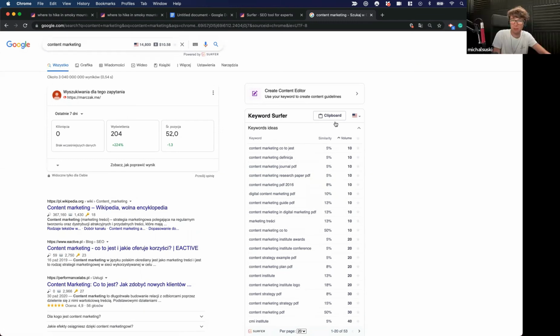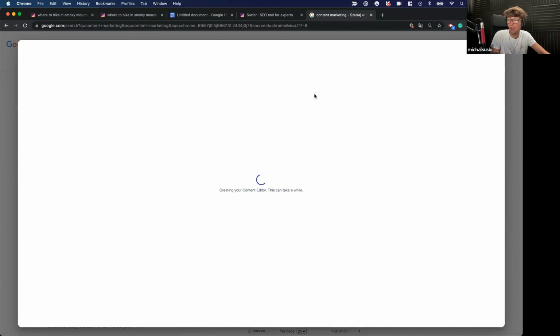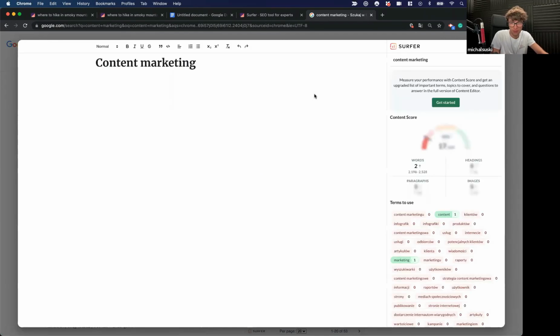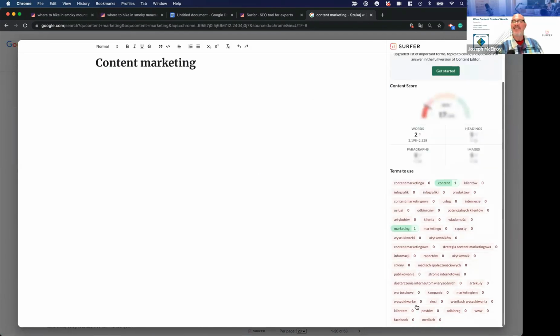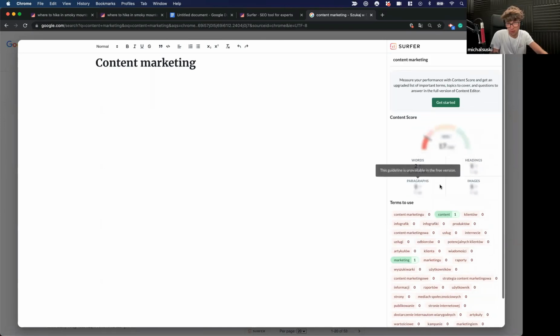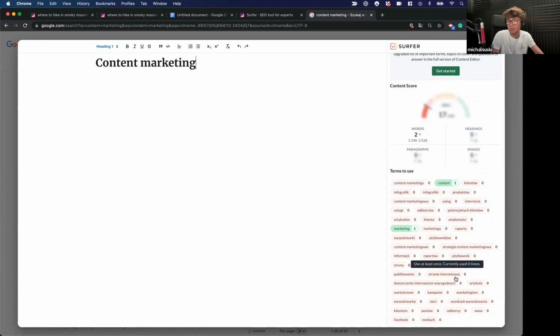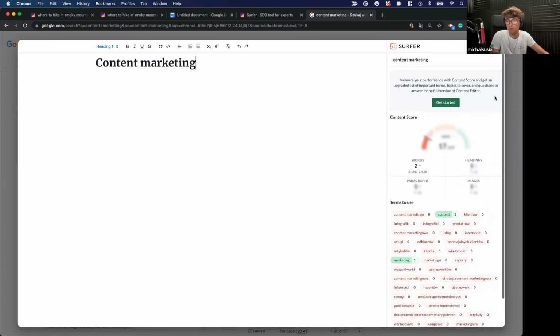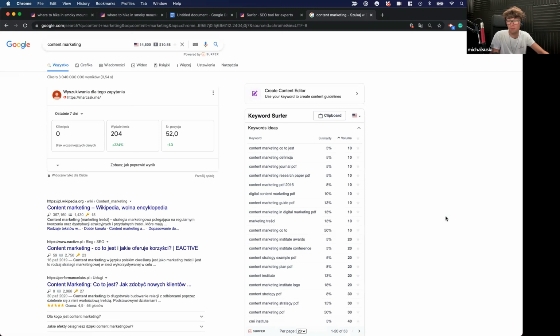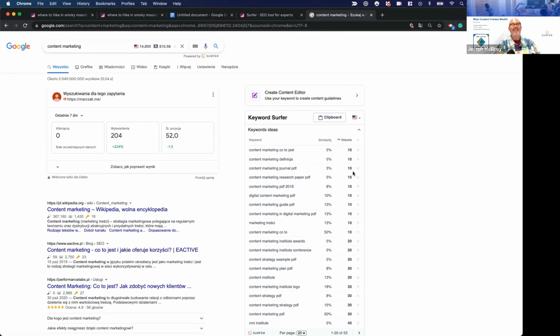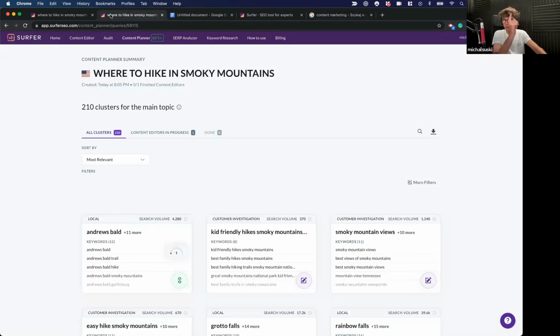Take a look at this, because it will blow your mind. I will create a content editor, freemium. All right. And I have these words and phrases to include. I don't have the score, but I can write and satisfy these terms. So it can give me a feeling of how it works, and it can actually give me the value. That's great. So yeah, there are free tools in Surfer. I should mention it on the radio. There's a zero entry level to try it out.